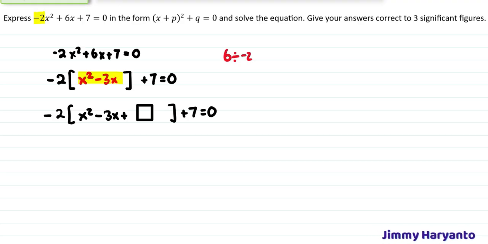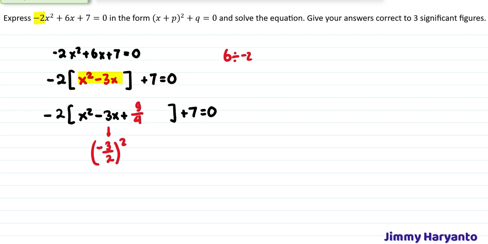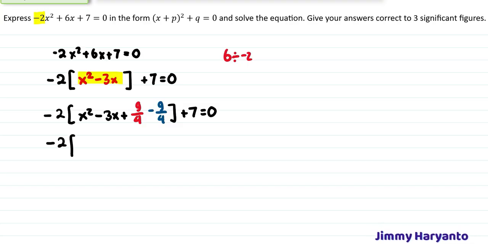Yeah, as the one that I told you before, the addition will be these numbers divided by 2 and then square it. Yeah, so you will add 9 over 4 right there. Okay, but you have to minus it with 9 over 4 also. Yeah, get it? Okay, next is to make it into the perfect squares like this, plus 7.